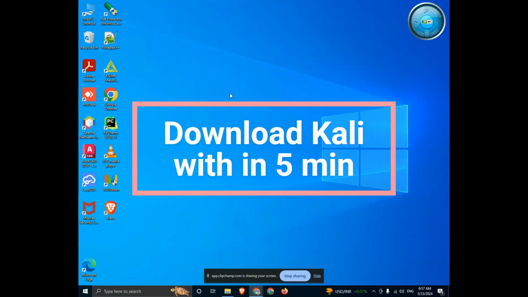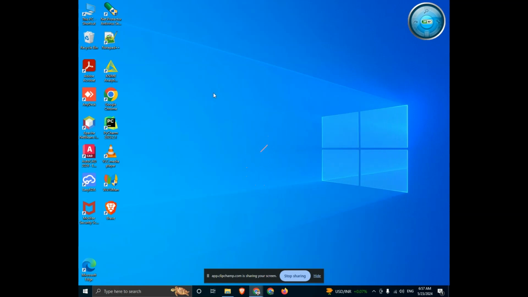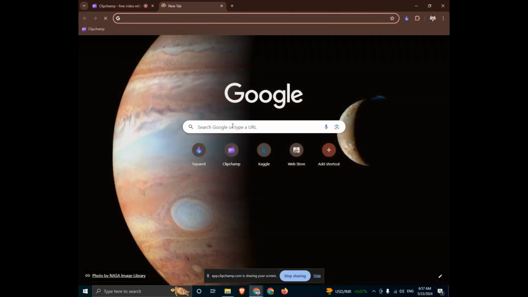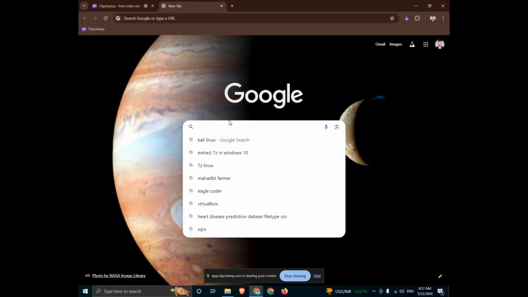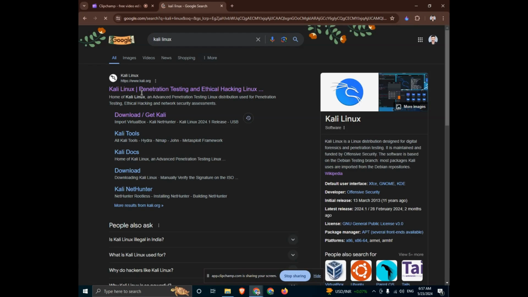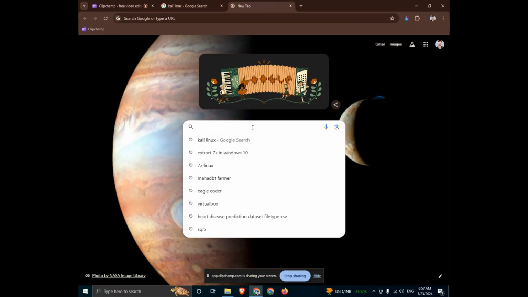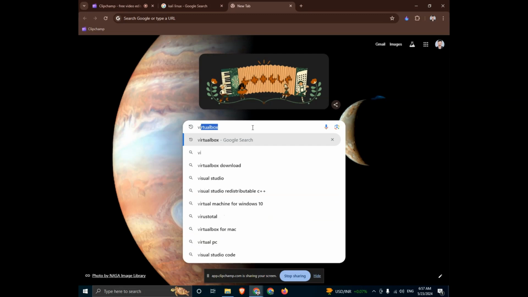Today we will see how to download Kali Linux on our Windows operating system within 5 minutes. So let's get started. Firstly, we have to open Chrome and type Kali Linux. Firstly, we have to install VirtualBox. For that, type VirtualBox